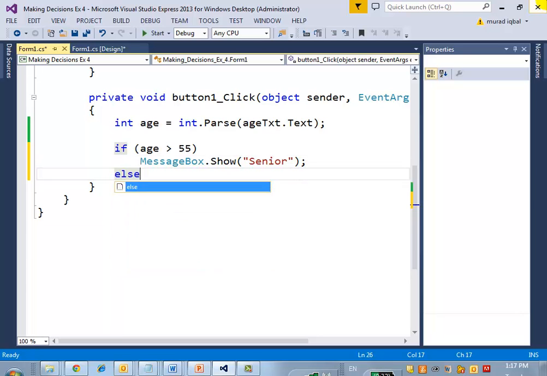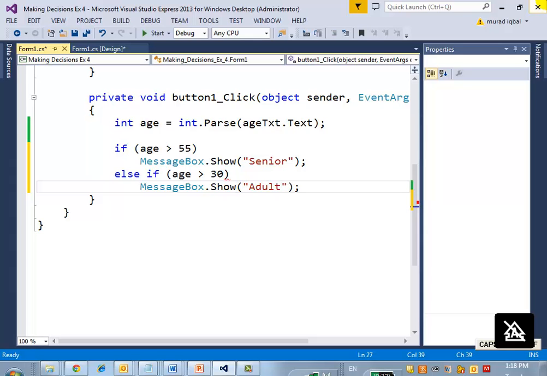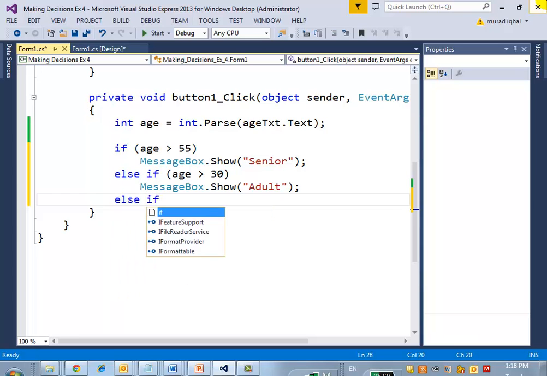And else if. Now notice something. When I have only one statement to execute, there is no need for the curly brackets. If more than one statement should execute when a condition is true, then you put the curly brackets. So right now I'm not putting any curly bracket. Now I'm asking another decision. If age is greater than 30, then do what? Message box dot show adult. Else if age is greater than 20,